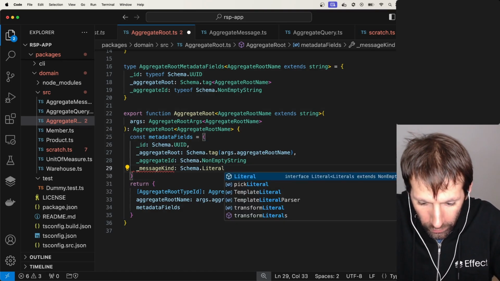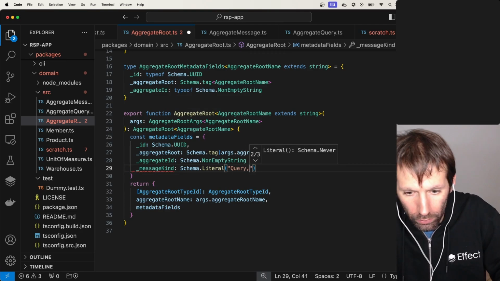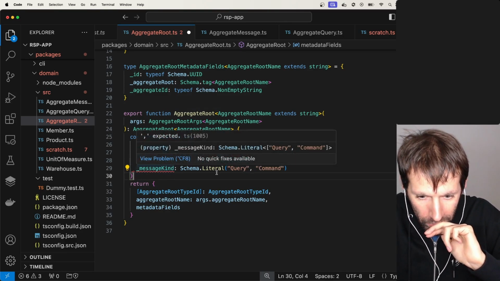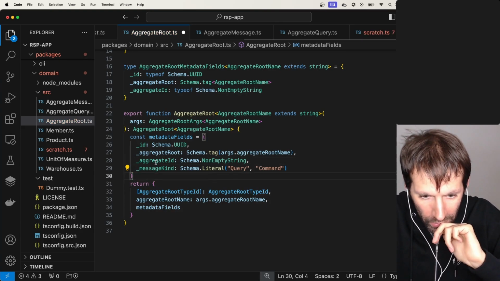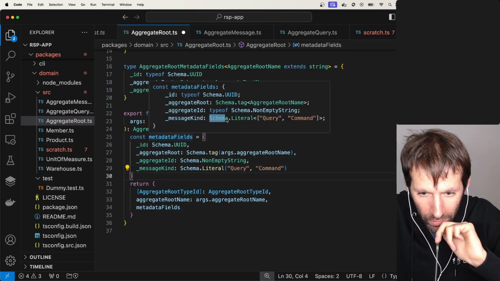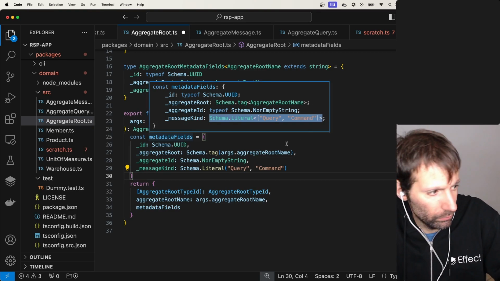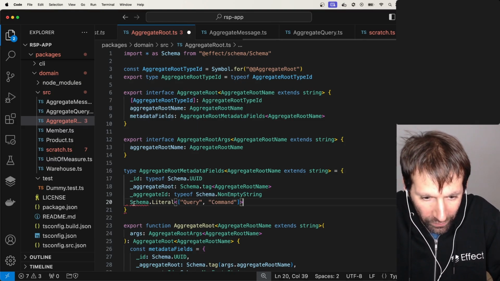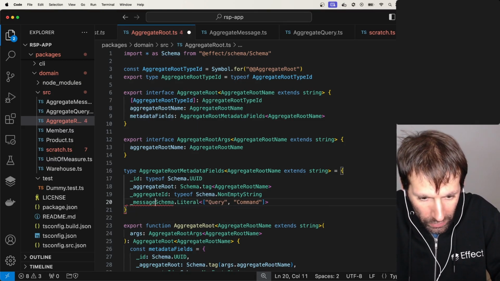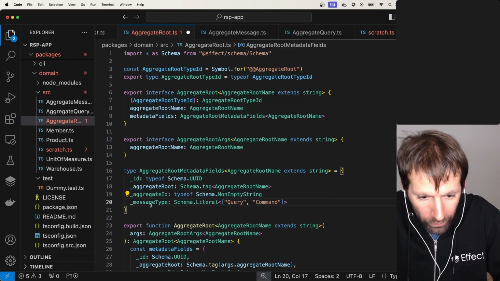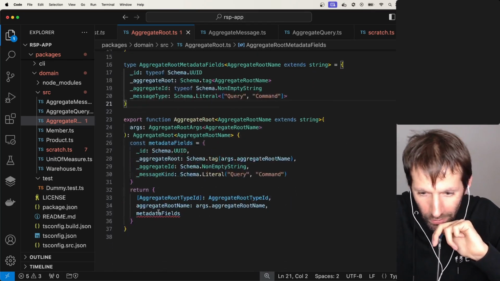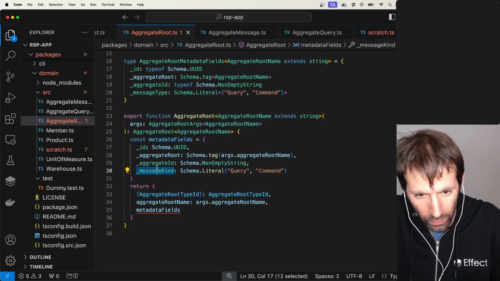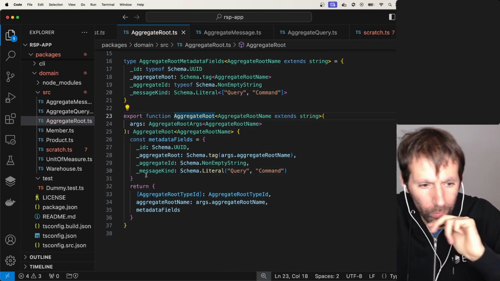No, sorry, Schema.Literal query or command. That was right. Okay. It's complaining because we need to provide it here and now. You can see the schema, this is the type we want. And we need to attach that into the aggregate metadata fields, saying that message type can be one of those. But if we leave that as it is right now, the message kind, sorry, not type, we will see that